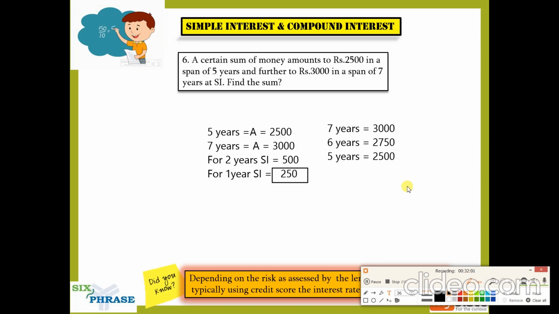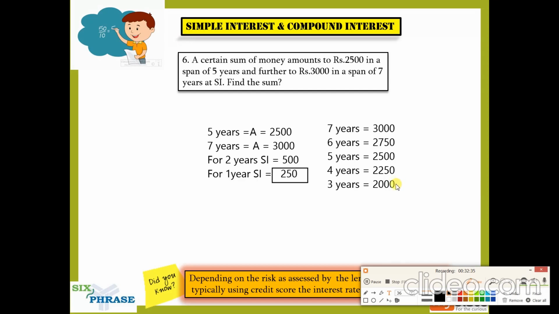So you're decreasing because you're going backwards. So for 4 years, what will happen? For 4 years, this will be 2250. For 3 years, this will be 2000. Guys, see, I'm doing it step by step, but you can jump steps in your mind. If for 5 years it is 2500, for 3 years it will be 2000. For 1 year it will be 1500. So this is how you find it, guys. I'm giving you a step by step explanation, so I just want to make sure everybody understands this. But using this, you can make your own shortcuts. You can jump steps, whatever is comfortable for you.